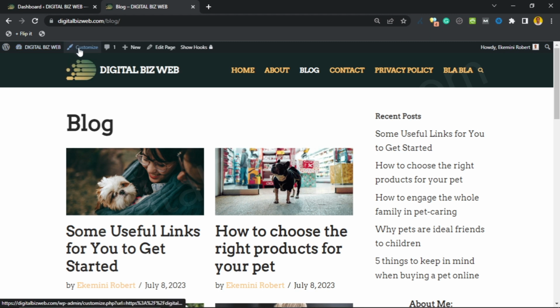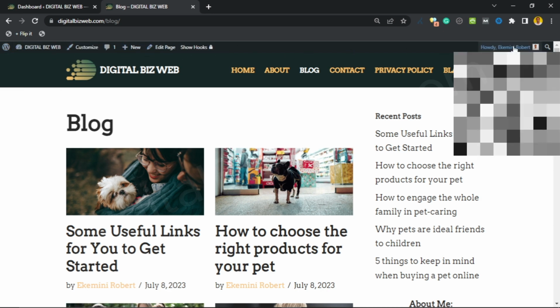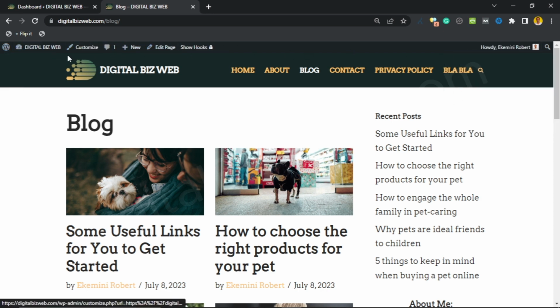And then the next one, what you have right there is the customize button. So if you want to make changes to the look and feel of your website, this is the button that you want to make use of. Now, a quick thing that you must take note of here is that I rarely use these options here on the admin panel, right? I rarely use the options on this bar, but just to let you know what this stands for, this is the comment